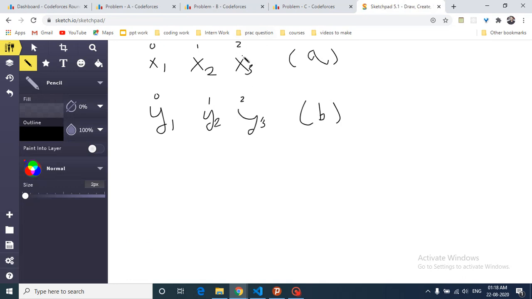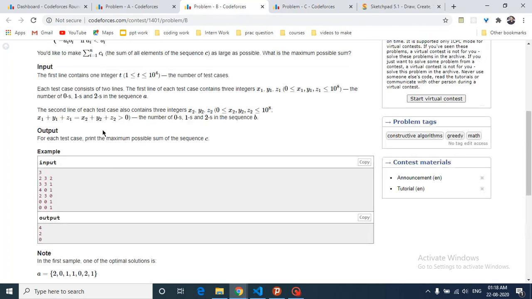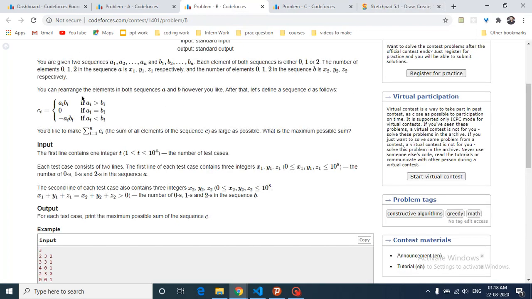If you take a 2 of this sequence and a 2 of this sequence, it will cancel out, it will give 0. If you take a 2 of this sequence and a 1 of this sequence, then only can you multiply them. Why? Because AI is greater than BI, and this is positive.